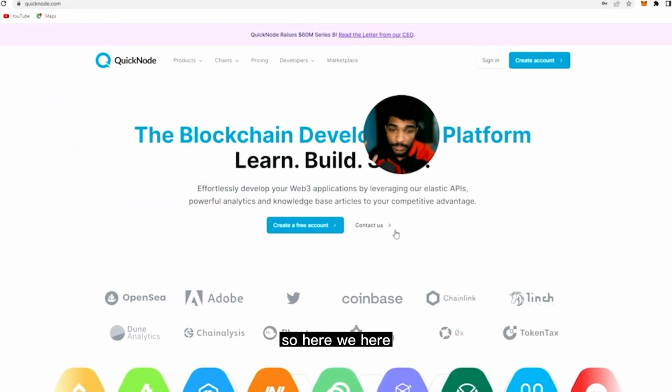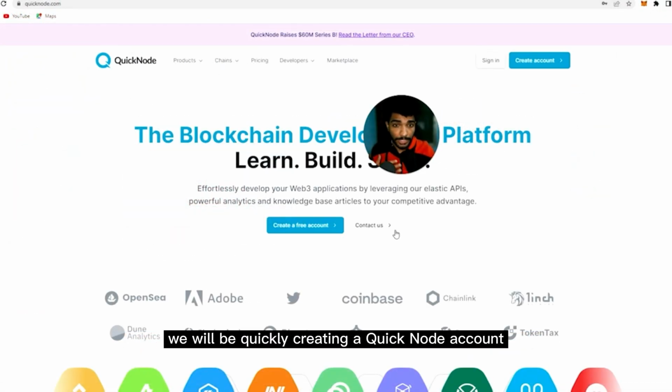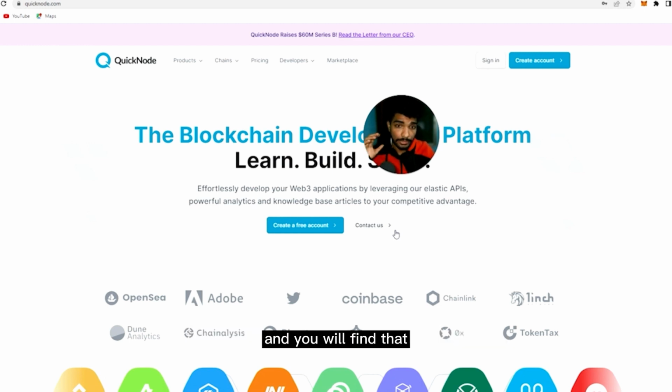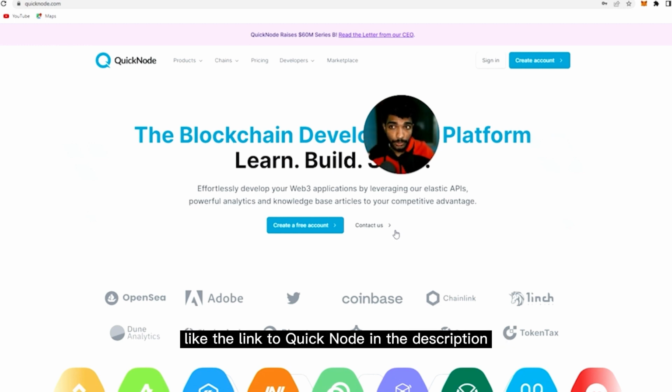So here we will be quickly creating our QuickNode account, and you will find the link to QuickNode in the